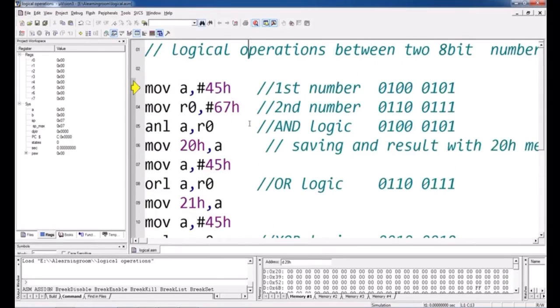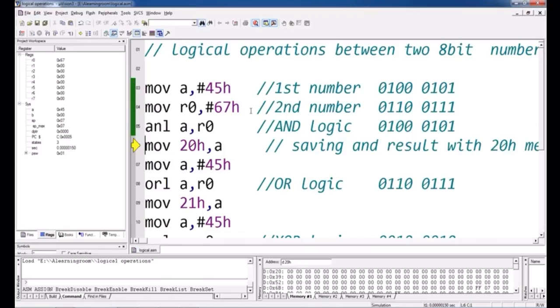Now click the cursor in the program and press F11 to execute step by step. For the first line I got the A value, which is 45 here, and for the second line just press F11 to go to the next line. 67 I got into the R0 register, and then between 45 and 67 the result is 01000101, which is 45 again.